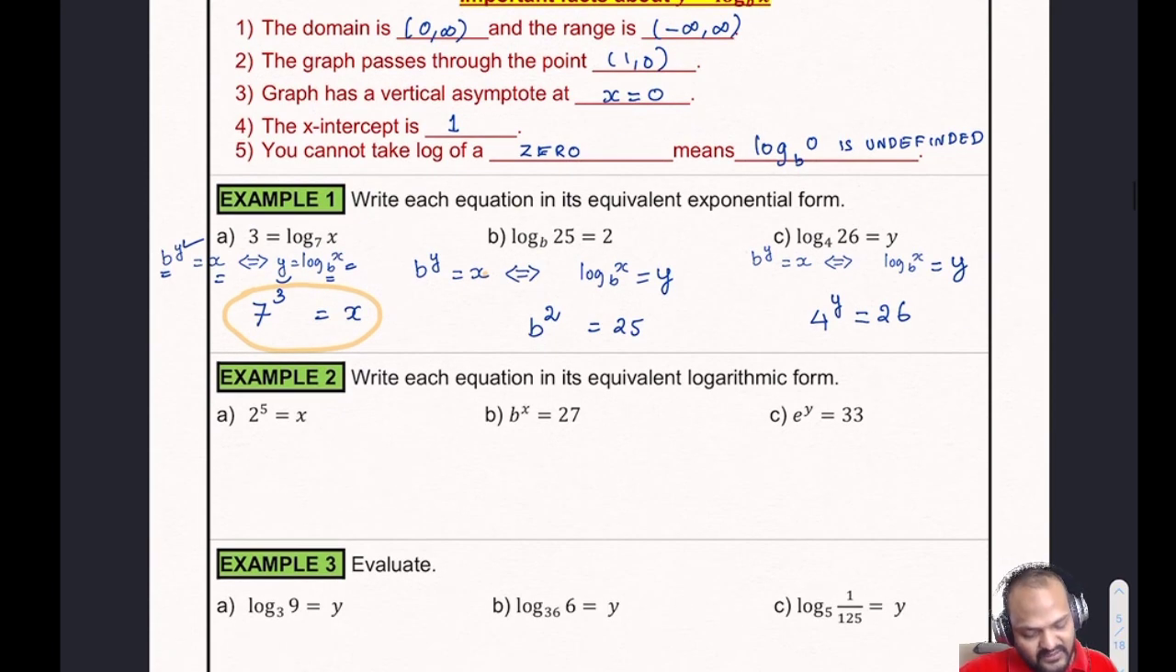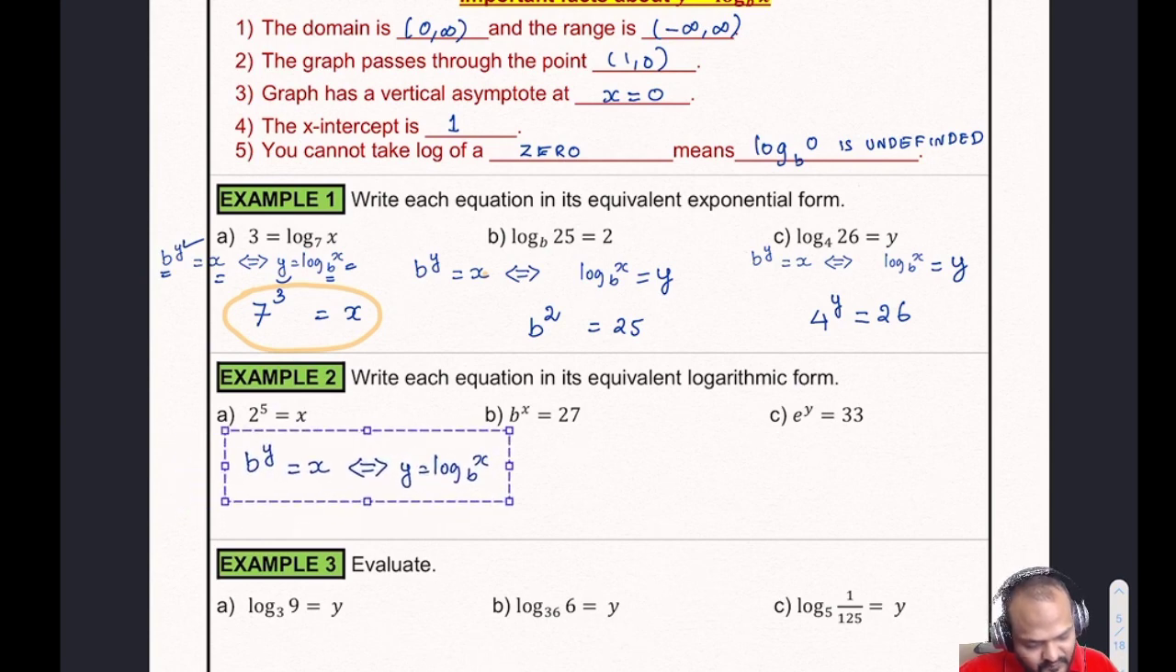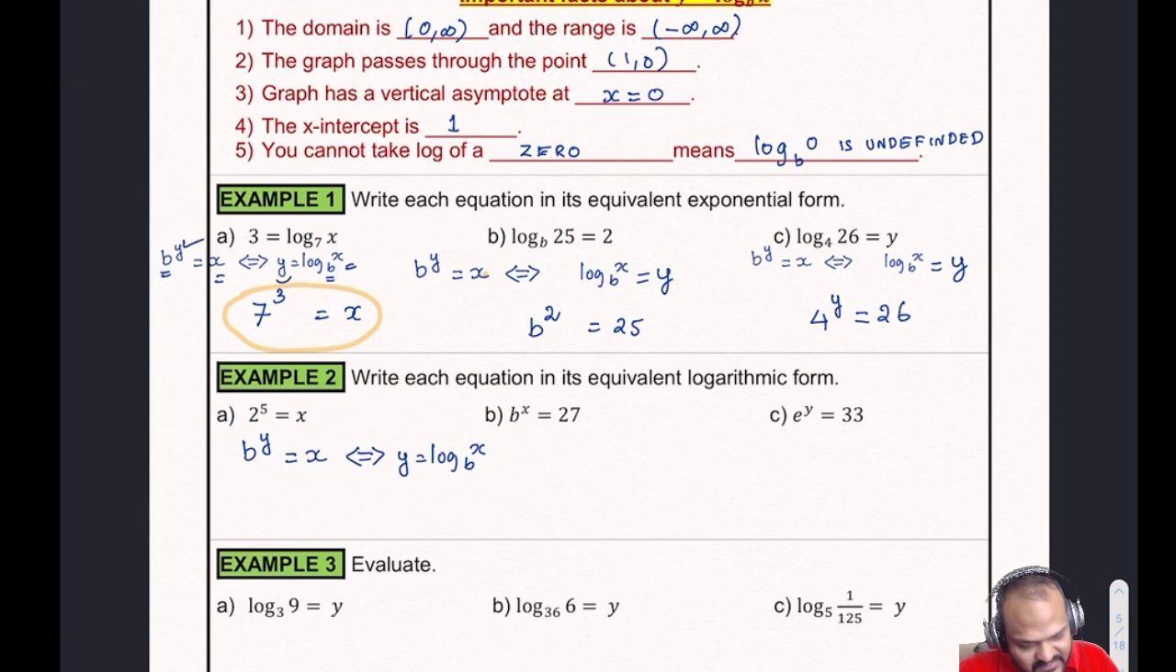Now let's write down example 2. Let's write down the other way. So what would be the other way? So now we have this. Again, let me copy paste it so you can see it better. b to the y equal to x, right? So that means in this case it will be